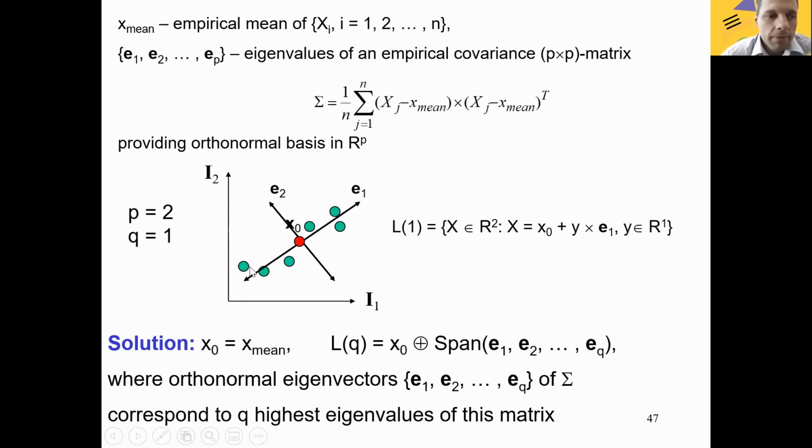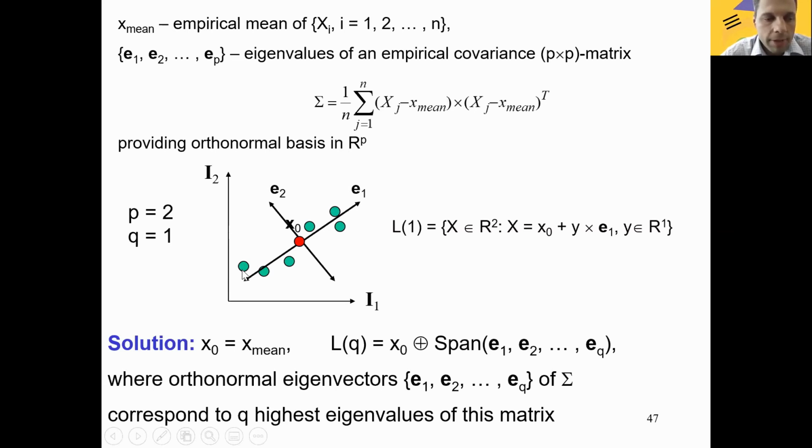So, for example, if we have a two-dimensional cloud of points, then the first eigenvector will look in this direction, the second eigenvector will look in this direction, and we can use coordinates